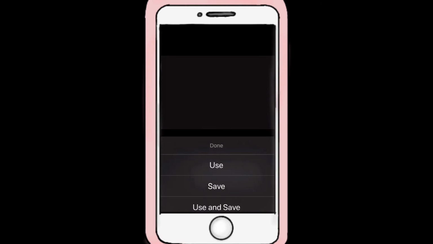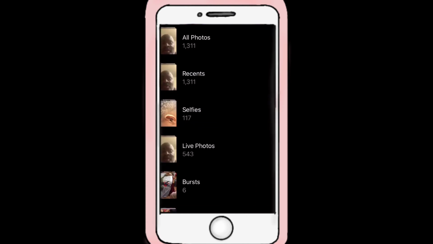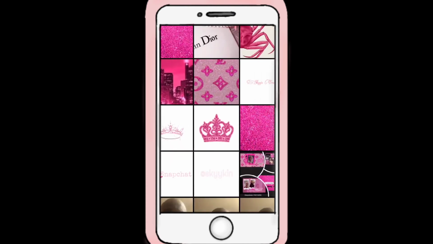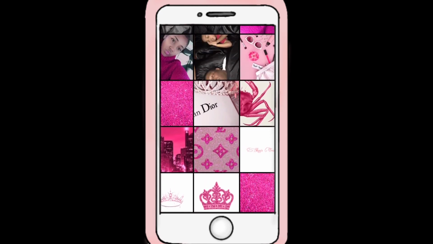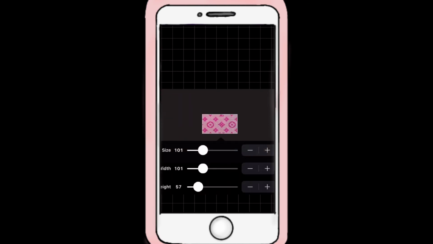All right, then we're going to go to the three lines. We're going to add image. And we're going to select the first background that we're wanting to use. Basically, you tap on the image, you press size, and then you hit the plus until it covers that black